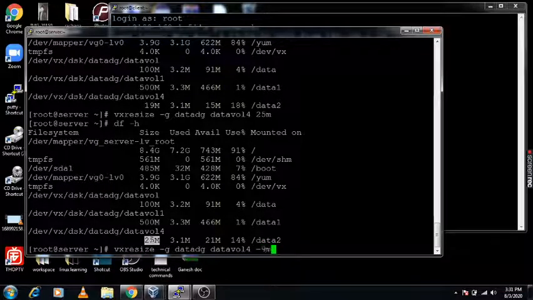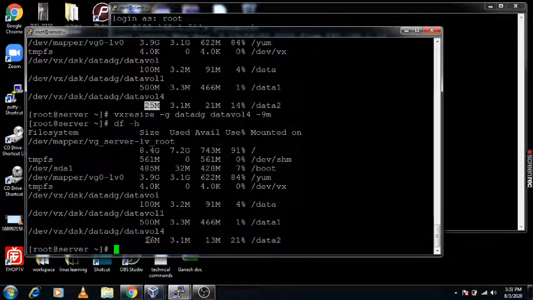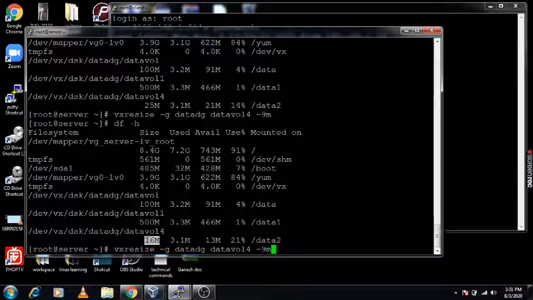Using minus 9M, the output will reflect 16M. Now if I want to reduce it to 5 MB, then you need to use 5M.